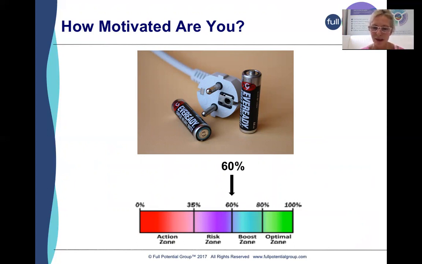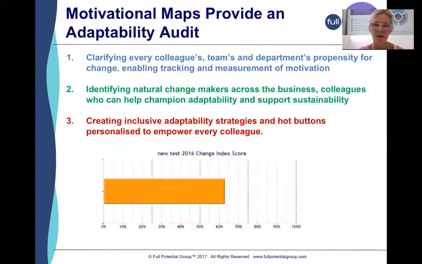So at FPG, we spend a lot of time educating organisations about motivation. And in an ideal world, your organisation is going to be a lot more adaptable to change, and you're going to have a lot more catalytic leaders who can really develop more competitive advantage for your business if you've got more people with motivation of 80% or more in the optimal zone. So Sue and I spend a lot of our life coaching and developing people to help them get into the optimal zone, and having catalytic leaders who support people to do that can really make a difference.